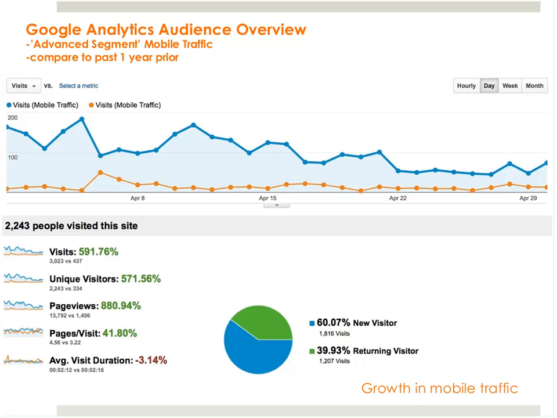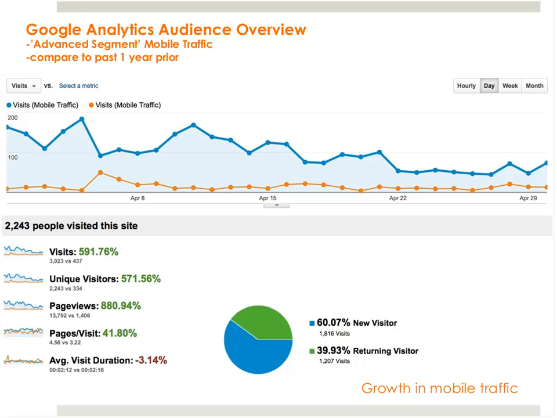So you can see it's actually distinguishing between Google traffic that's come from a standard PC versus Google traffic that's come from a mobile device. So this can be really interesting to find out how people are getting to your site via mobile devices.